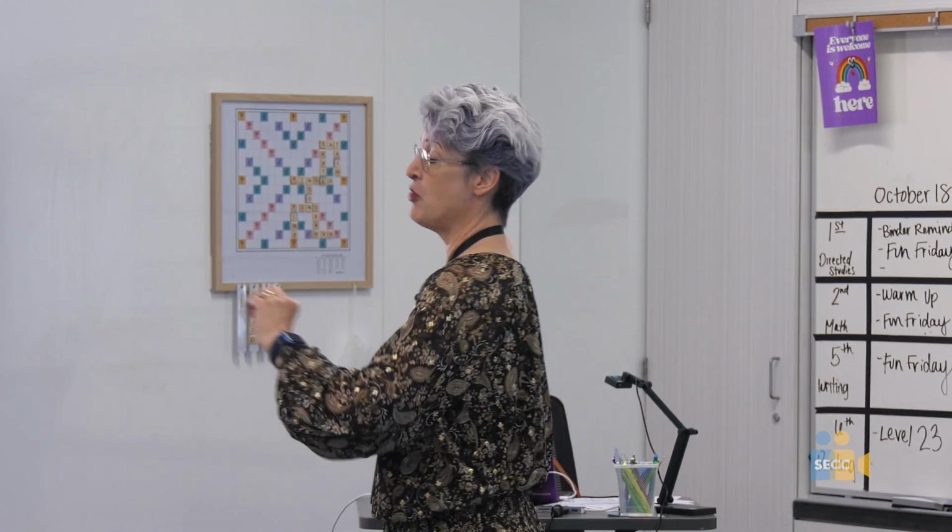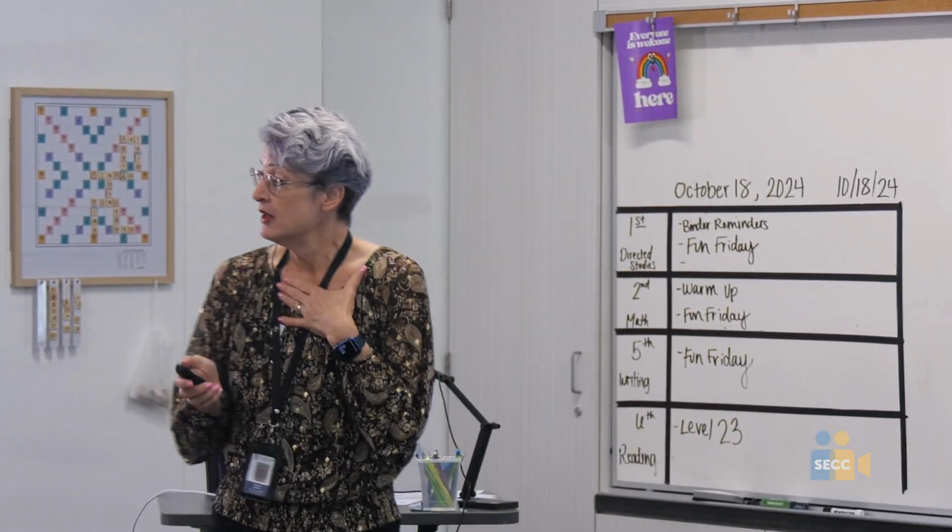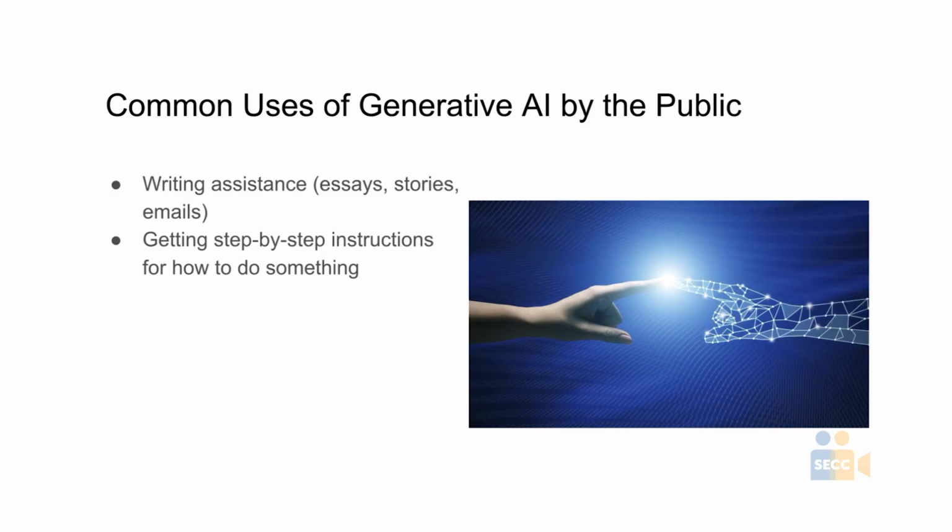And so what my parents do, they do photography, they take the photos. Then they use a variety of tools, including AI tools, to allow the photo to do something that wasn't available naturally, but it's still their photo, right? So getting assistance like that, getting step-by-step instructions. Depending on the task, if there's something you need to do and you don't know how to do it, AI can be really good at giving you the step-by-step instructions.